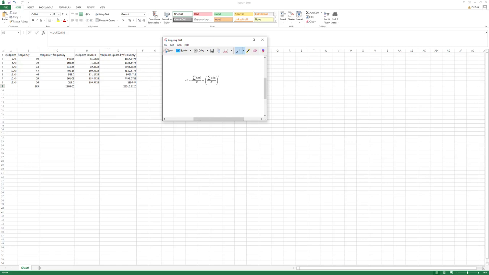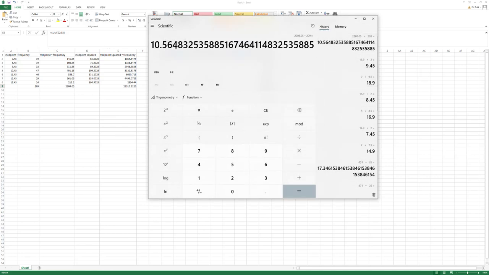Alright, so it does go right here in your formula, where you can see my cursor kind of blocking it out. So I'll put the 20, whatever I get in the calculator, I'll put that there, and then I subtract, and I'm going to put my mean in. Now when I put my mean in, I'm going to put it out to about 4 decimal places, because it's good to not plug in rounded answers. Even though 4 decimal places is still rounded, you can see I'm not going to plug in 10.56. I'm going to plug in 10.5648 because we want to carry this out a couple of decimal places to make sure that